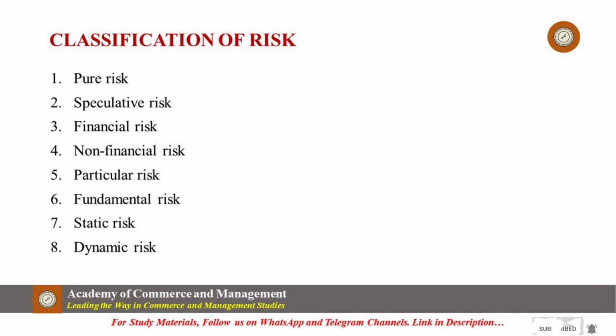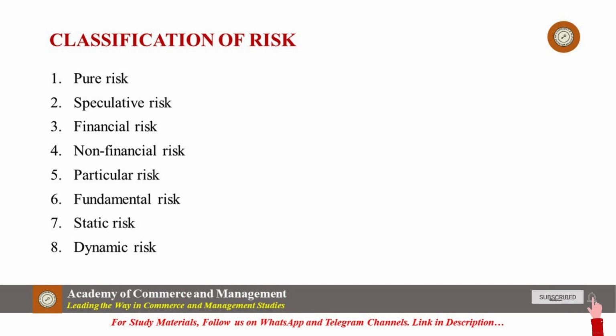Number 4, non-financial risk. This risk type is related to events where the risk loss is not measurable. Insurance companies cannot quantify the amount. Thus, they don't offer insurance policies for the same. For example, a person cannot avail of any loss if they select a bad phone brand. This risk is usually not insurable.